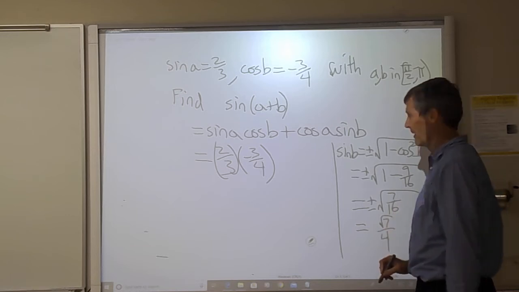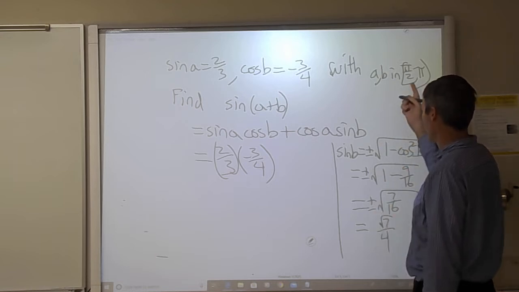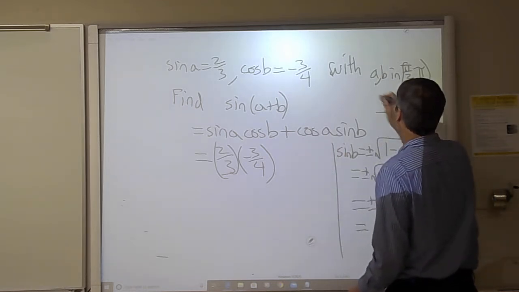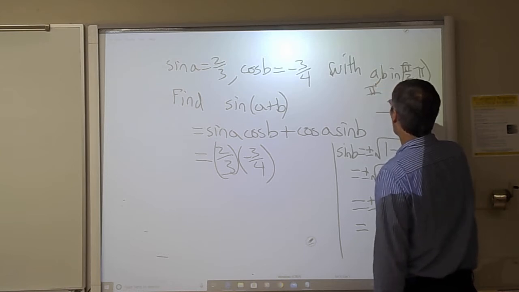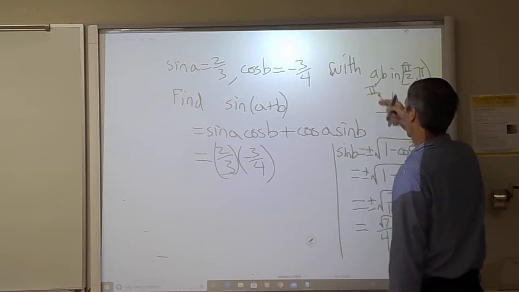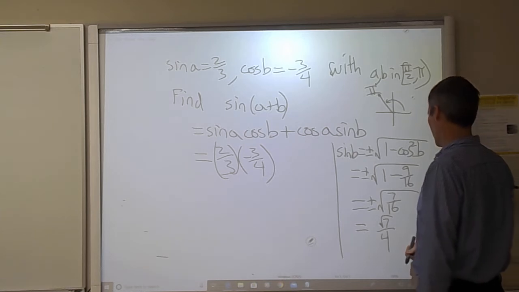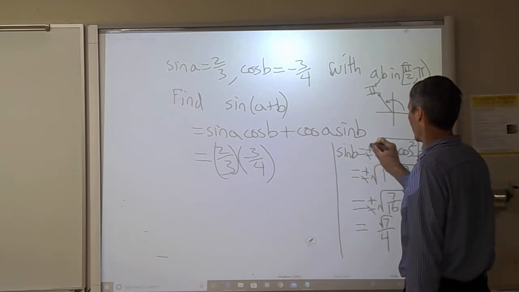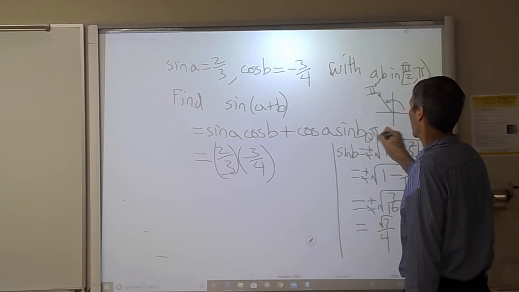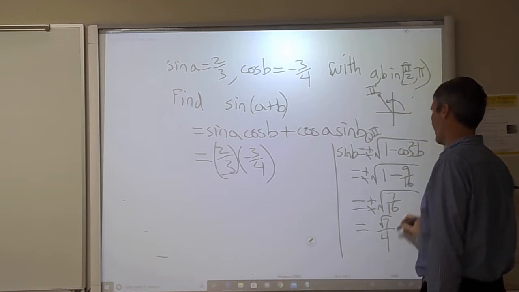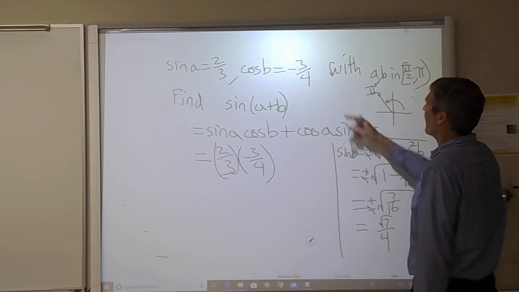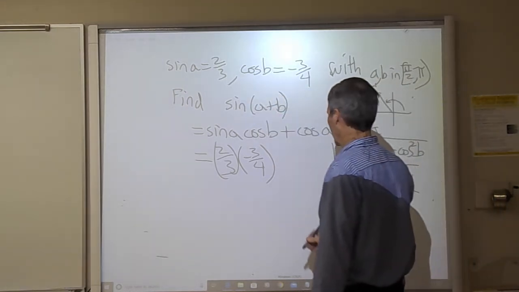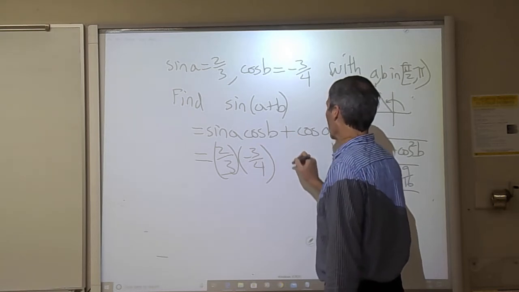Is it plus or minus? Well, if it's in quadrant 2, we remember that over in quadrant 2, sine is the y-coordinate, is positive. So this is going to be a plus. And we'll get rid of the minuses and say, oh, it's in quadrant 2. Similarly, we're given sine A and we need cosine A. So we can compute here